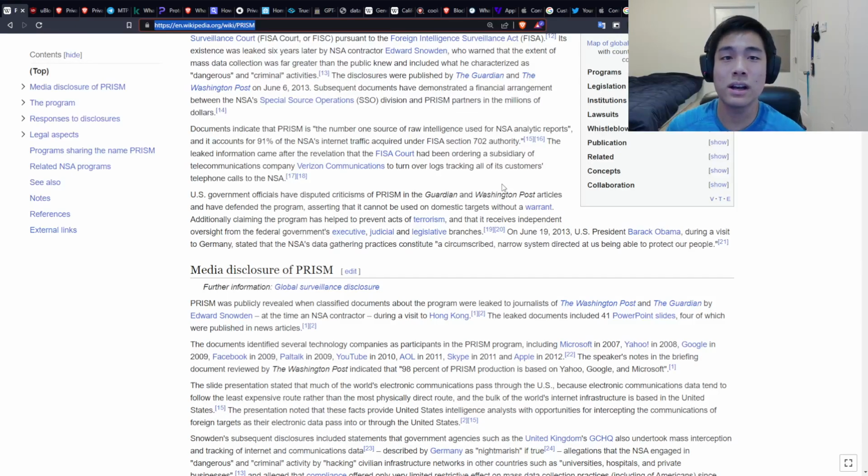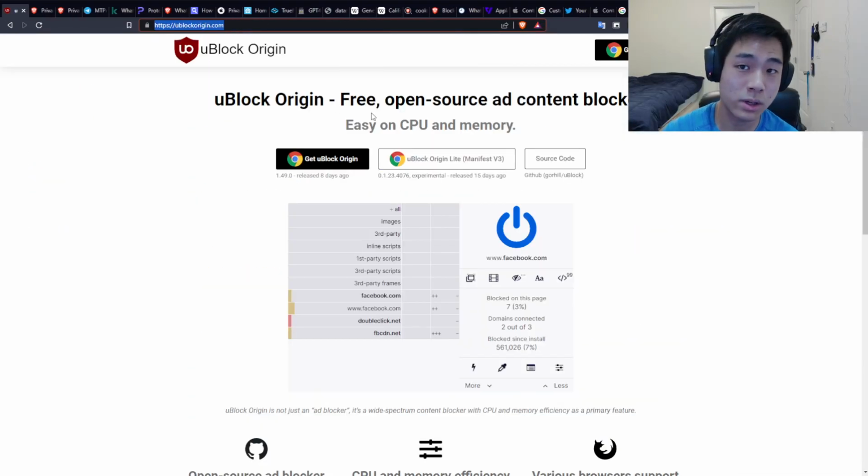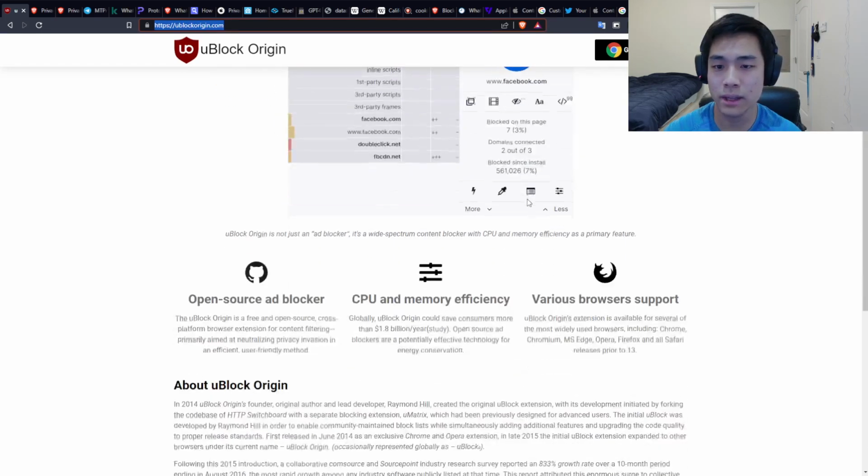It is now about how you can protect your privacy online. And the first way is to use things that already are private, or make your life more private. And that's things like uBlock Origin, which blocks trackers, ads, and things like that. And this is just a Chrome or a Safari. I think there's a Safari, and there's definitely a Firefox